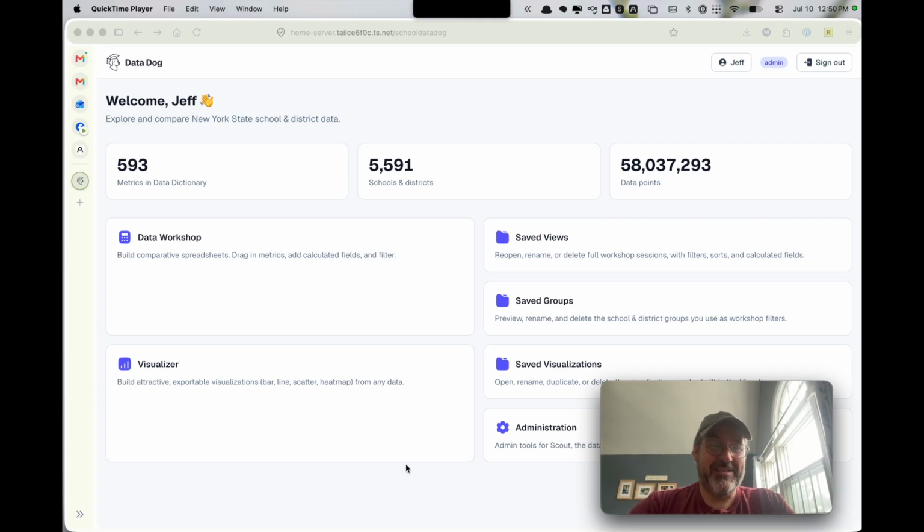Sadly, they had to shut their shop down, and it's a shame. I wish them the best. They were a great group of folks to work with, and it was a really valuable service that once it was gone, we were left without a tool. I was facing that prospect of, well, gosh, I can download these 40 files again like I used to do, and I don't know, it was a lot. So I got to thinking, well, maybe Claude Code can help me replicate this service,